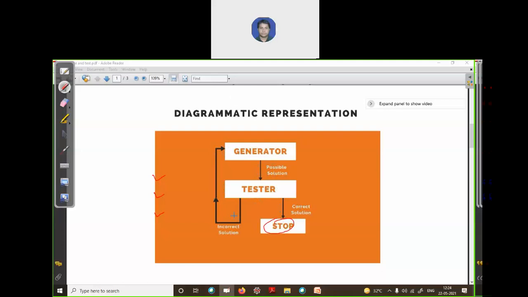If you remember, we follow this technique in our real life. Suppose I have given you one math problem. What you will do is try to solve this problem. If it is solved, you will stop. If it is not solved, again you will follow the next possible procedure. If it gives you the correct answer, you will stop. Otherwise, you apply the next way or the next technique to solve that math problem. Are you getting my point? How does this generator and tester technique work?